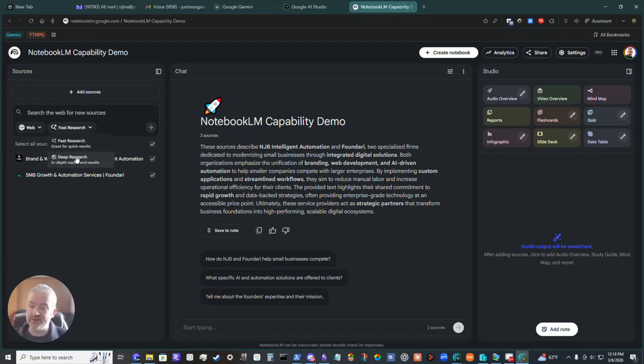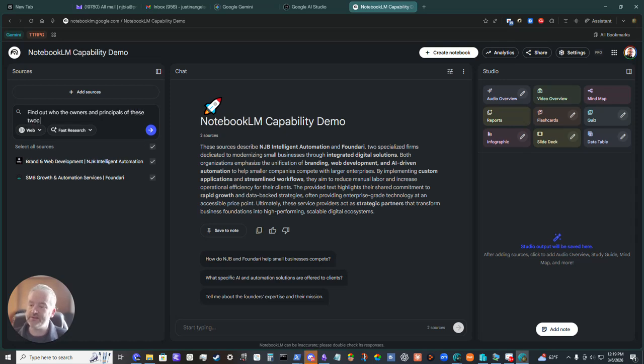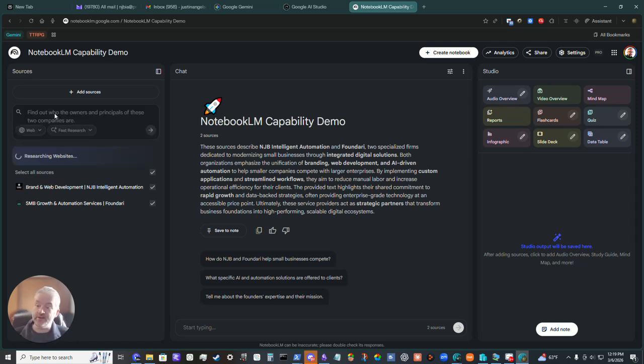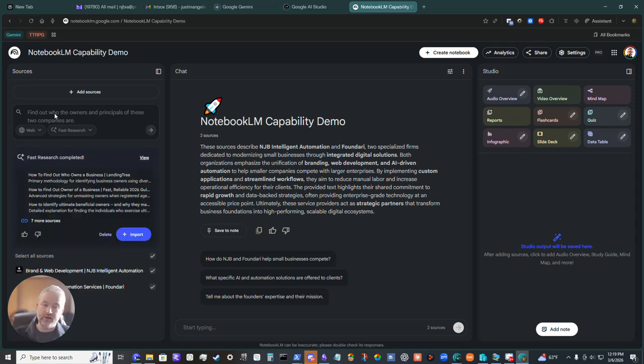And then you can do a fast research or deep research. So we're going to go ahead and say, search the web for new sources, find out who the owners and principals of these two companies are. And so now what it's going to do, it's going to look at those websites, it's going to try to find out who are the owners, who are the managers, who are the principals, and it's going to find that information, and it's going to add that as a source that we can then utilize to further our discussion with the AI Gemini model underneath there, and then use it to actually create